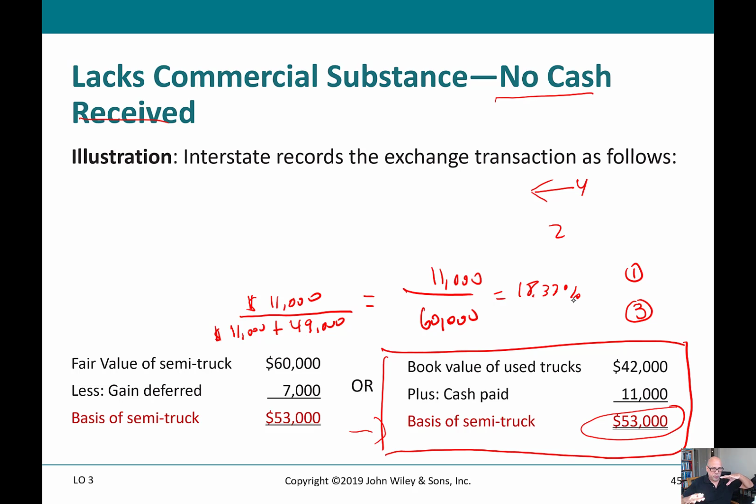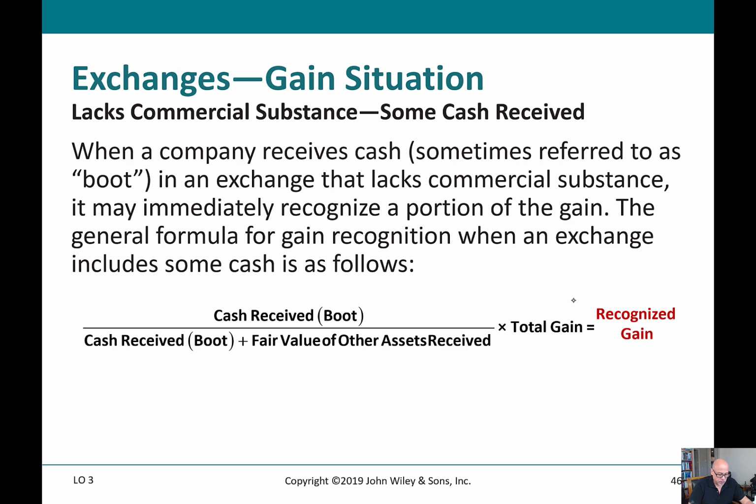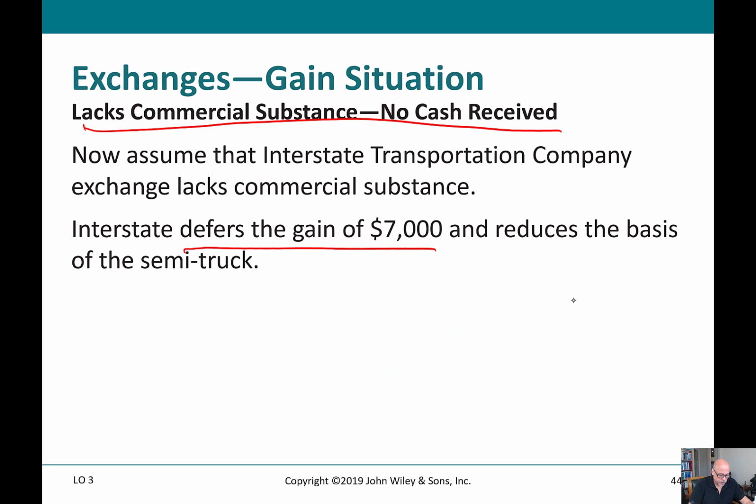So since that constitutes what? The cash constitutes less than 25% of the total fair value of the consideration that was provided here, then that means that the person paying the cash here will not recognize any gain. So again, they say, well, no cash was received, therefore you shouldn't take the gain. I know that that's the way they like to talk about it. I want you to be a little more diligent here,